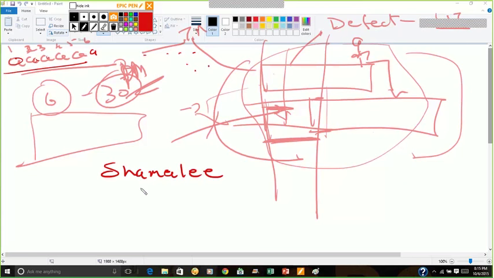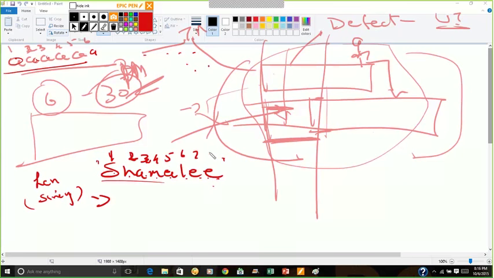Shamali, now there is a function to find the length of the string. For me, it's a string where it has individual characters. My code cannot read it as Shamali. My code reads it as S, H, A, M, A, L, I. So I will find the length of the string. The length of the string would be 1, 2, 3, 4, 5, 6, 7, 8. So if I say length of the string is equal to A,